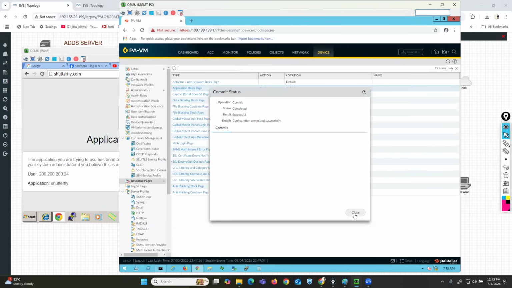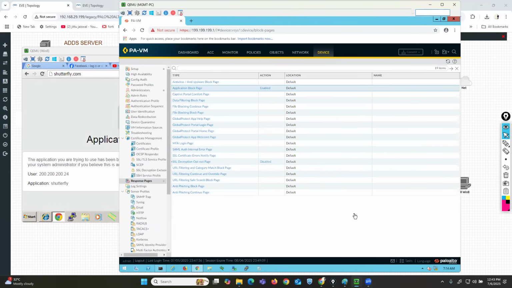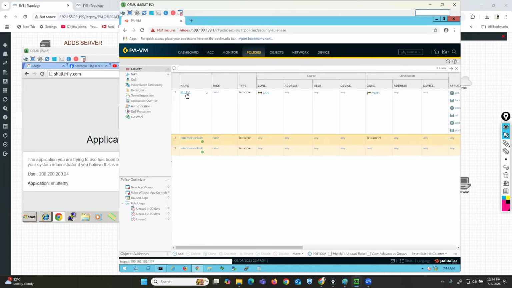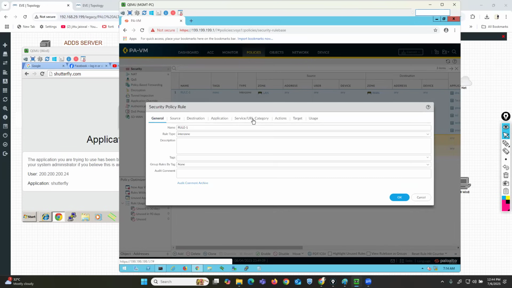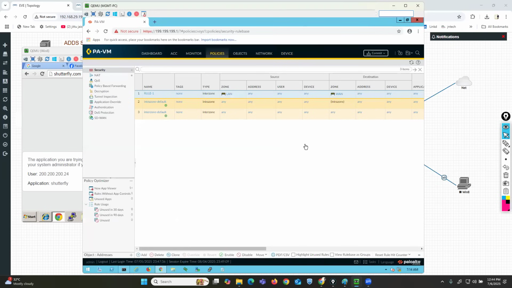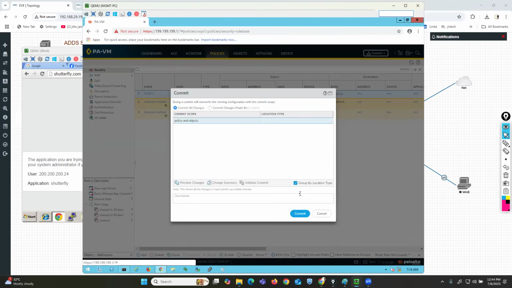So the inside machine cannot access the application. Okay, let's add application here. Let's go to security policy, and now I'm trying to add all applications. Now all applications are allowed. Okay, I'm not specifying application. I'm using all applications allowed. It means if